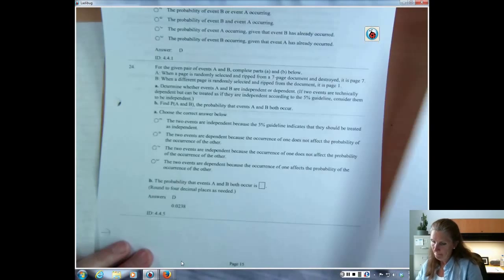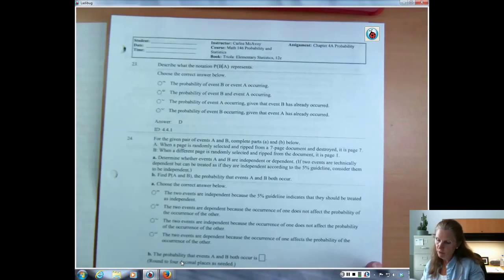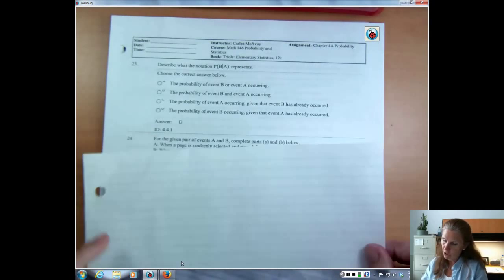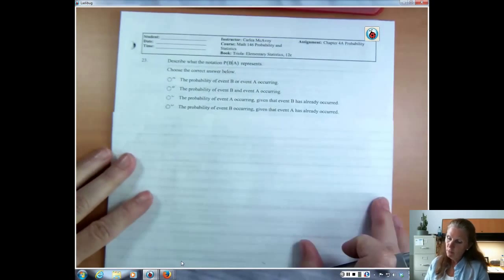Okay. Number 23. Describe what the probability of B given A represents. The probability, this is a